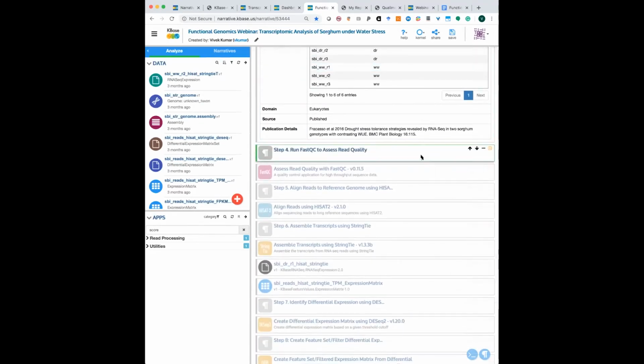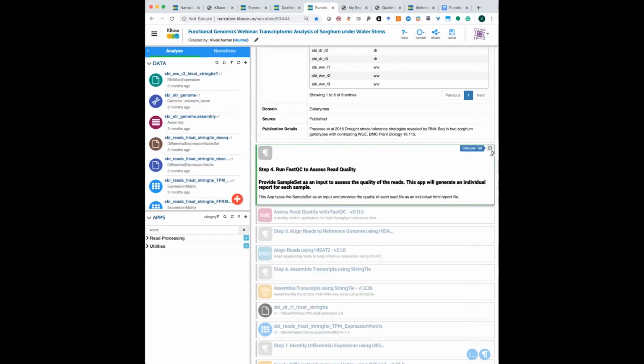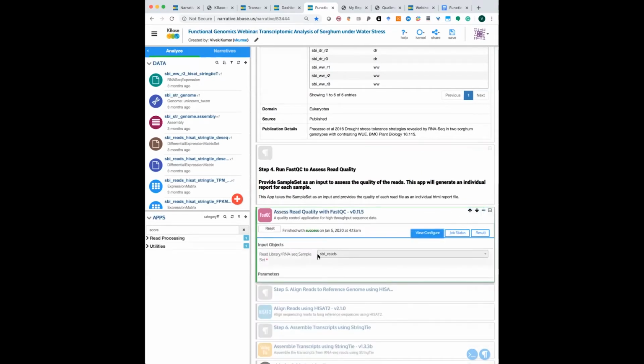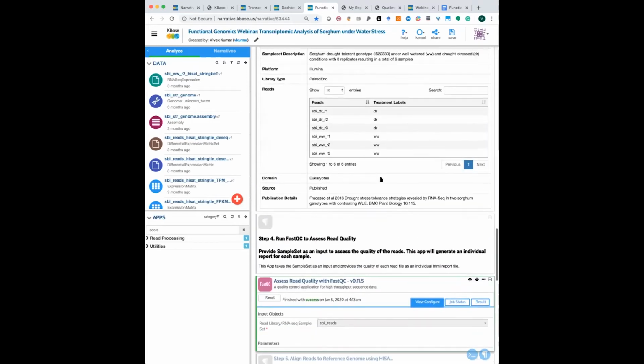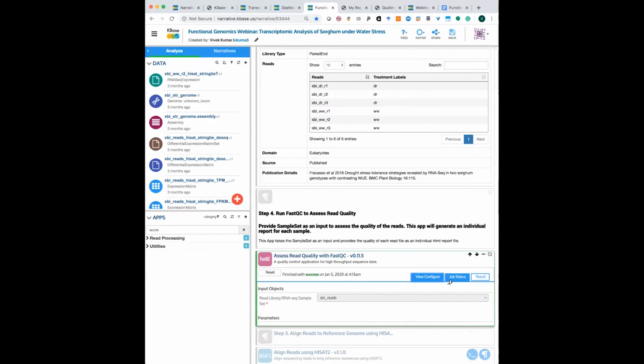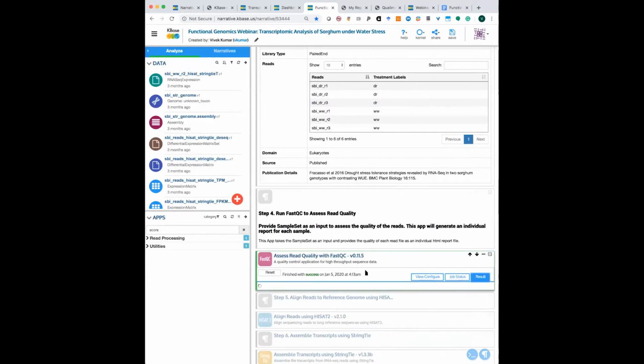So now that you have this, you have a starting point. Now we have genome, we have sample set. So now we can get busy with the pipeline. The first step is FastQC to understand the quality of the reads. In this case, all you need to provide is the sample set, which is the sample set that I generated up here in this app. So that's the object that I provide, and then it gives me a